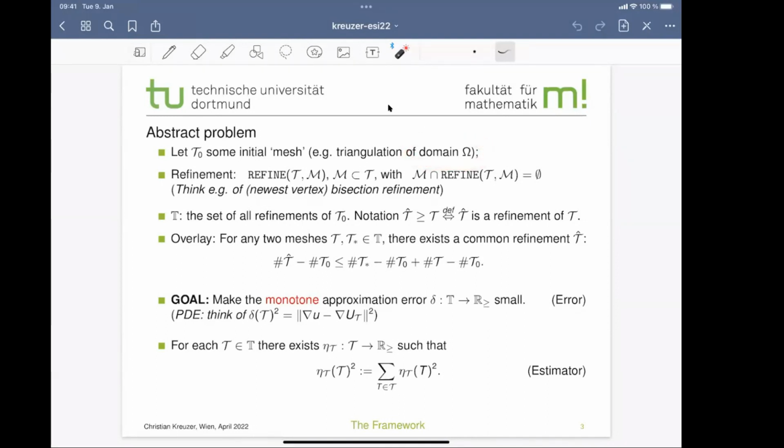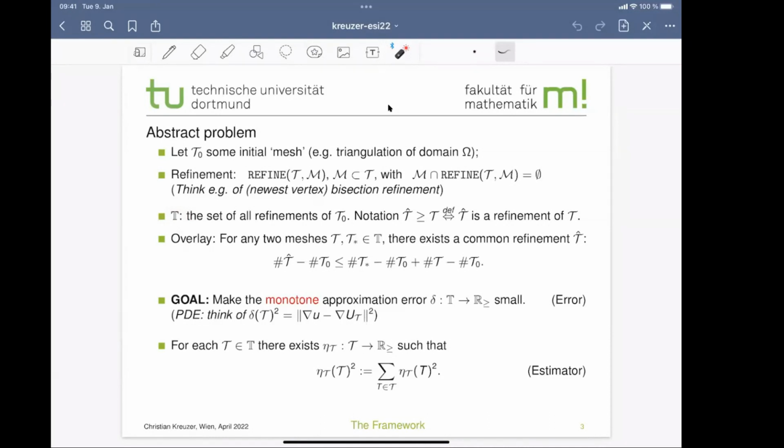We have a refinement routine that, given a mesh and some marked elements, puts out a mesh such that all marked elements M are refined in the refined mesh. You may think here, for example, in the context of PDEs, about newest vertex bisection or something in that direction. We will call this double T here the set of all refinements of T0 that can be constructed by